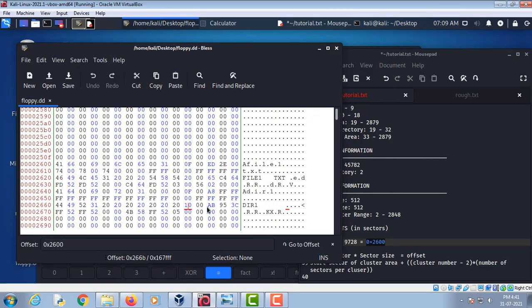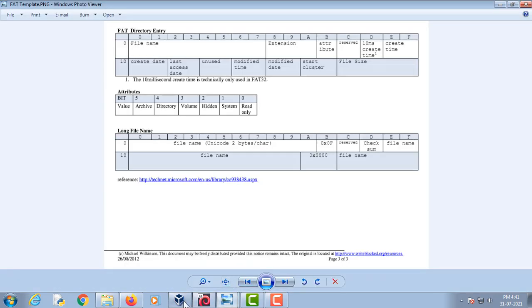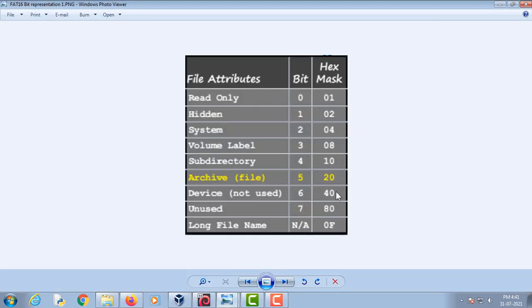So if we go here 1 2 3 4 5, on the fifth number here you can see the value 10, and we compare what the value 10 means, it is a subdirectory.